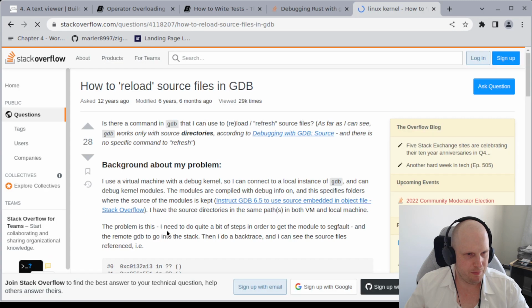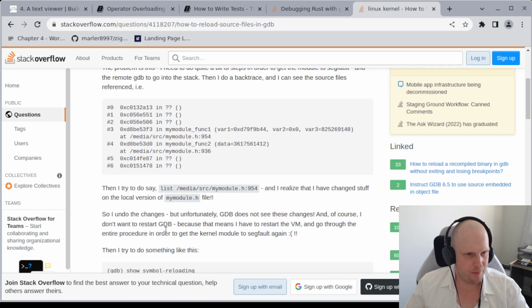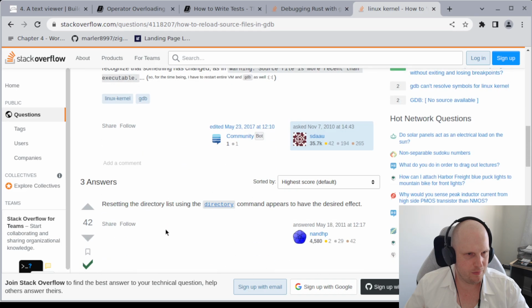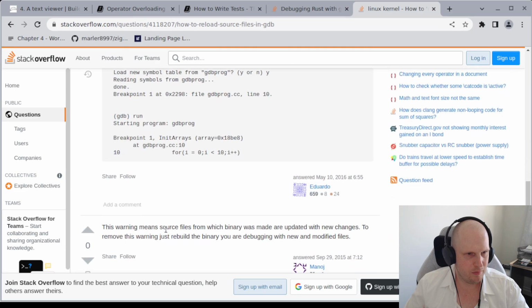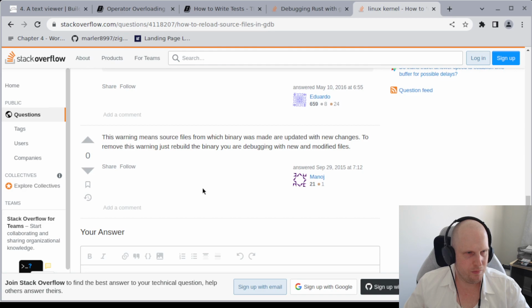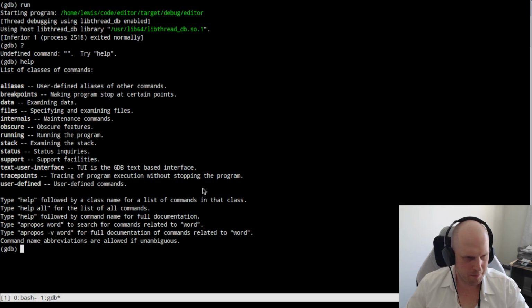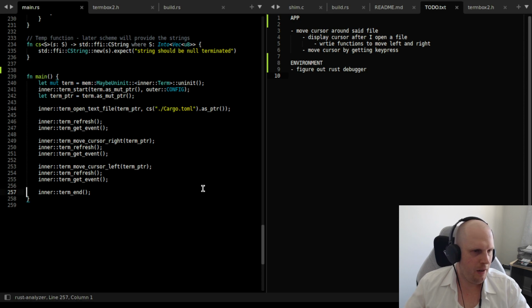How to reload. Can't be bothered, just going to kill GDB and run it again. Figure it out later. Right, let's set a breakpoint at